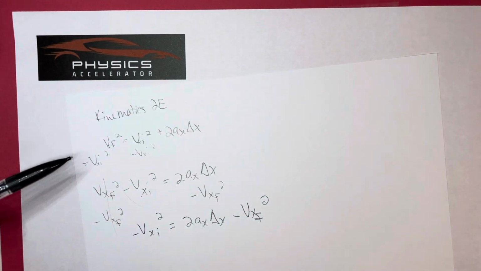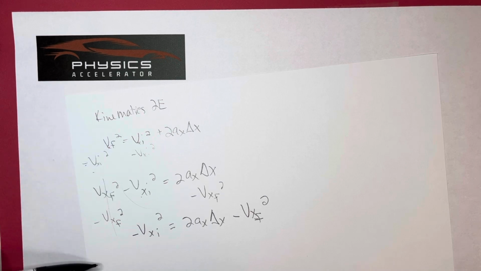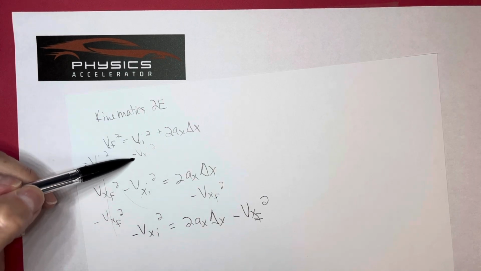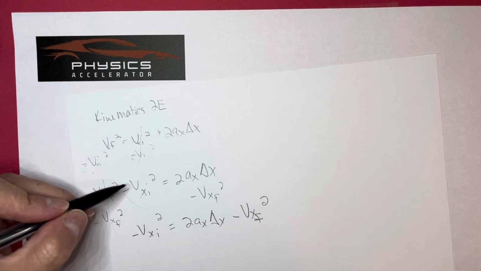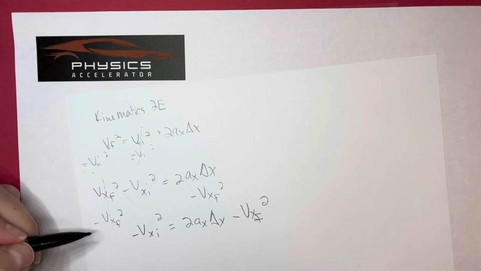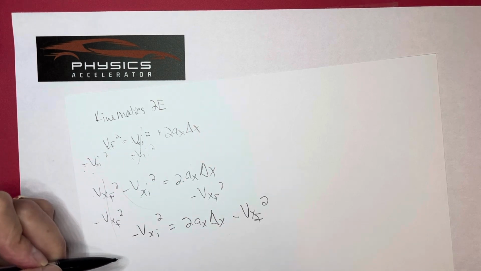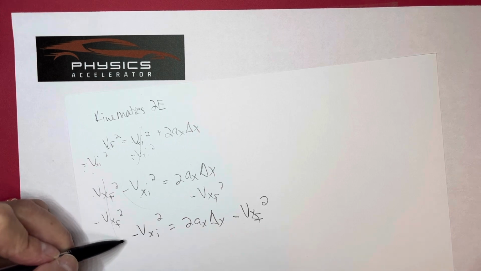Okay, so now again, I moved the initial velocity to this side and the final velocity to that side, and I did it in two steps. Initial velocity was positive here, so I subtracted it from both sides, canceling it out. Got it over here. Final velocity is positive, so I subtracted it from both sides. And so this is what I end up with, and we're going to be having this as the answer to step